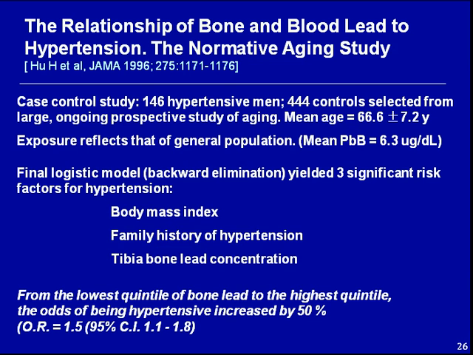It's important to emphasize that these are just general population members, basically recruited from the Boston area as part of this large ongoing study. These individuals did not have any particular significantly elevated occupational lead exposure per se. In fact, the general lead exposure of these individuals across their lifespan was probably in the range of approximately 10 to 25 micrograms per deciliter. Going from the lowest quintile of bone lead to the highest quintile of bone lead, the odds of being hypertensive increased by 50%.